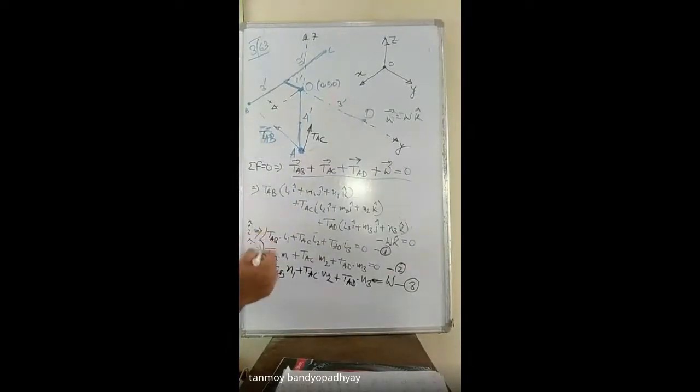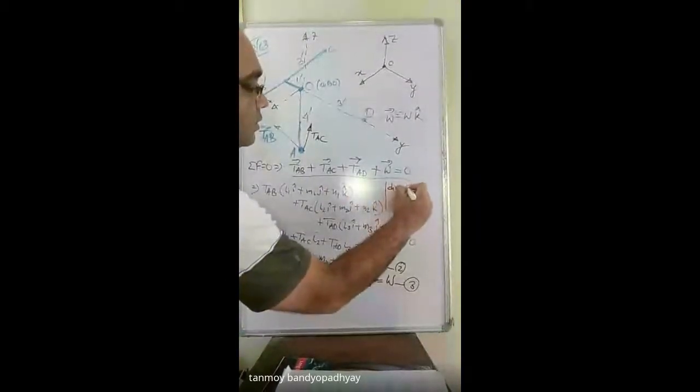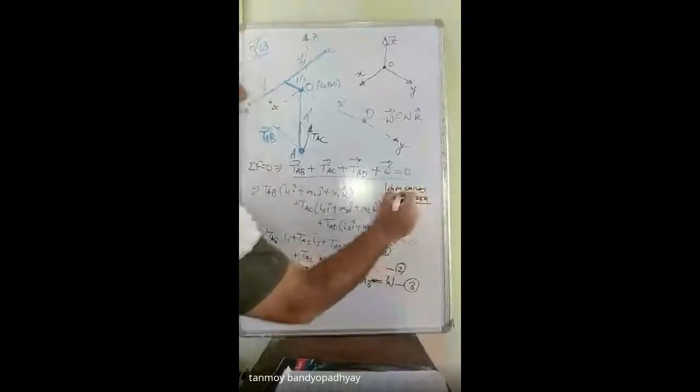You have to solve these. The answer is given in the book itself, so just solve it at home. Keep in mind that L1, M1, N1 and these L values are known, the direction cosines are known. So calculate the direction cosines, write the vectors, and then put them in this expression. Solve this one and see what value you get.